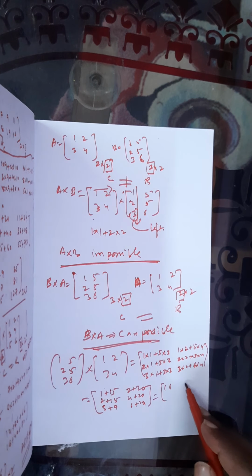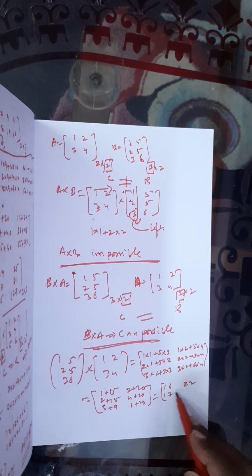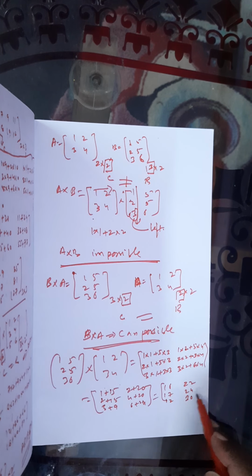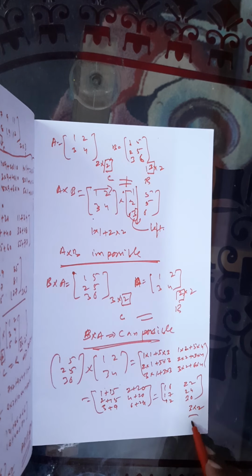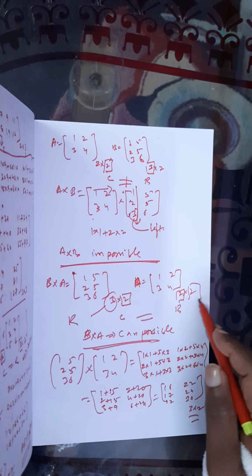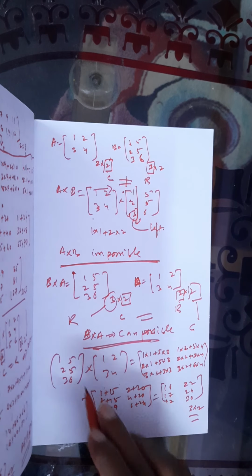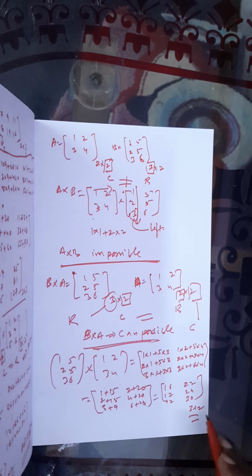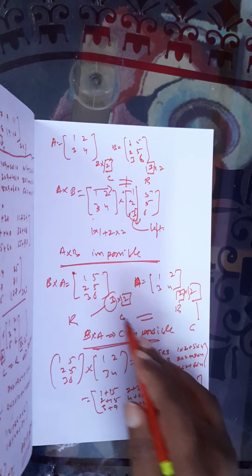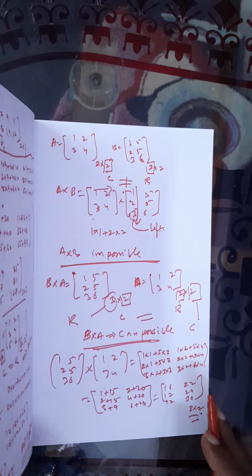This is 16, this is 22, this is 17, this is 24, this is 3 plus 9 is 12, and this one is 30. So like that, 3 rows and 2 columns, we got 3 rows. See here, 3 rows, and in the product we have these columns. So the first matrix gives the row value and the second matrix gives the column value. So multiplication is sometimes possible; here it is possible, for AB not possible. So this is how to multiply the matrices.